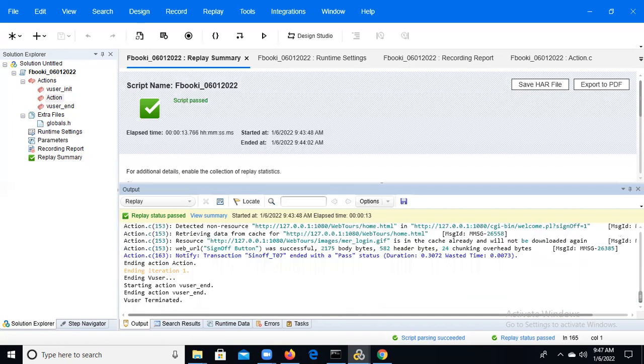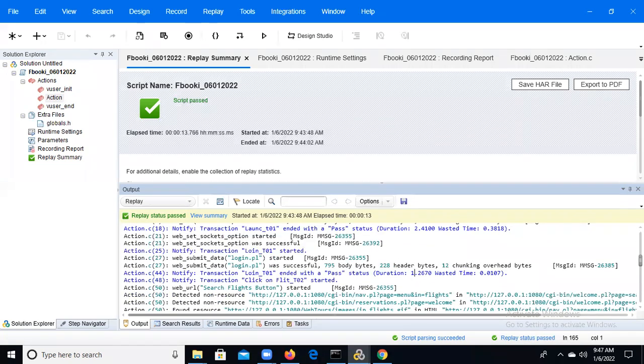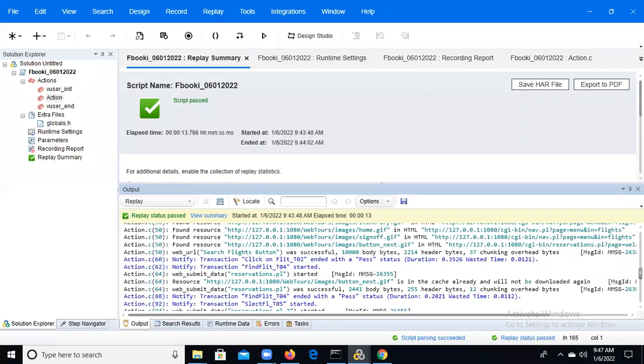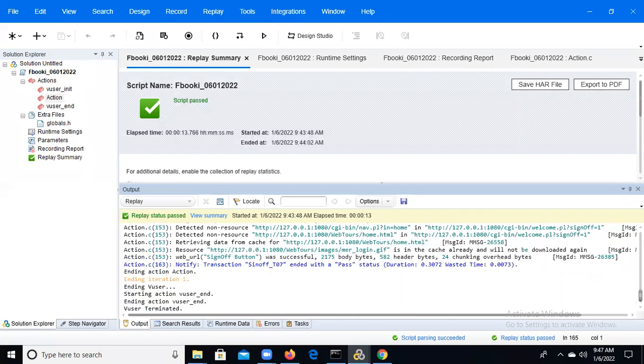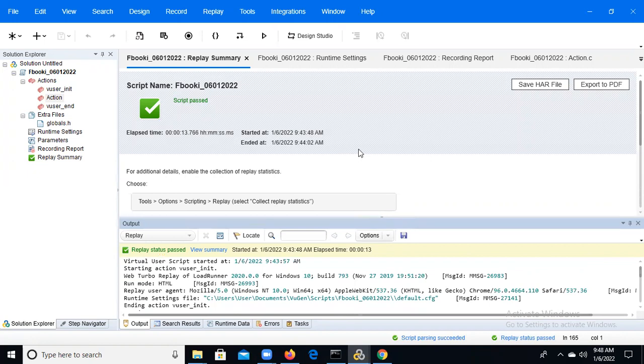So this is the realistic environment. When we record the script, we can record the script like this. Now, what you guys can do: when starting the recording, you need to record the same way like this every time. No need to record without the transactions from today onwards. Is it fine? Yes, sir.